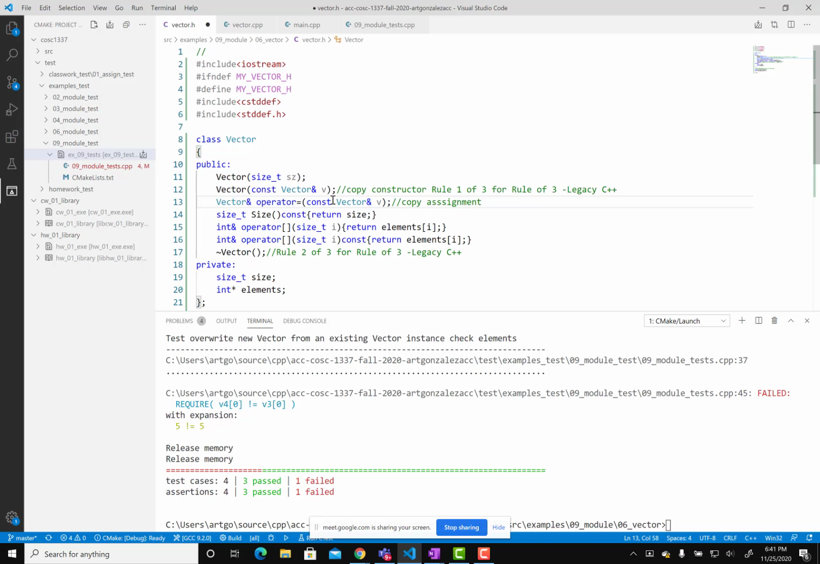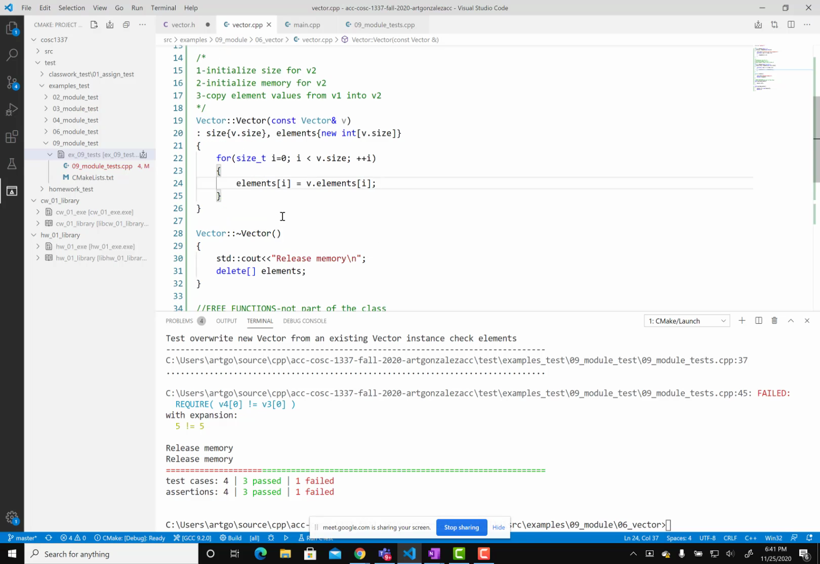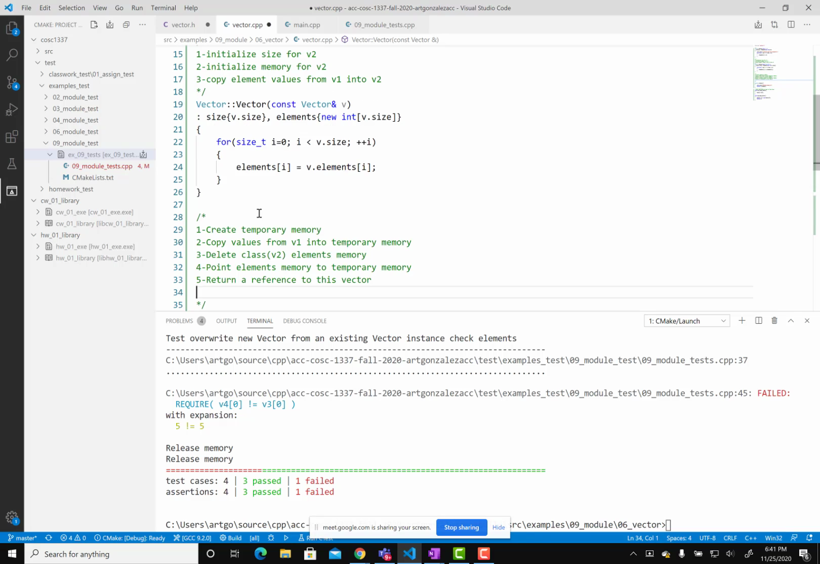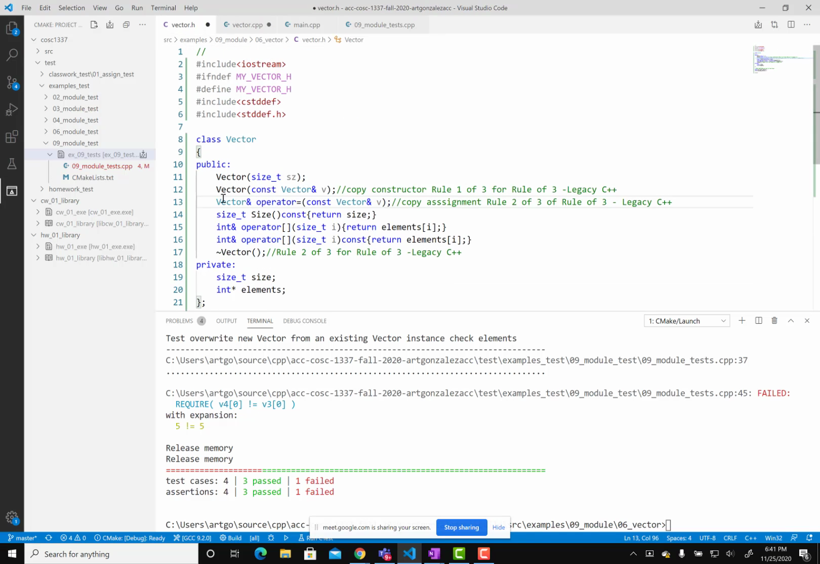Copy assignment, rule 2 of 3 of the rule of 3, and this was inherited from legacy C++. Okay, come here. And those are the steps we need to take in the copy assignment code to fix that issue that we have. So we come here and copy this,